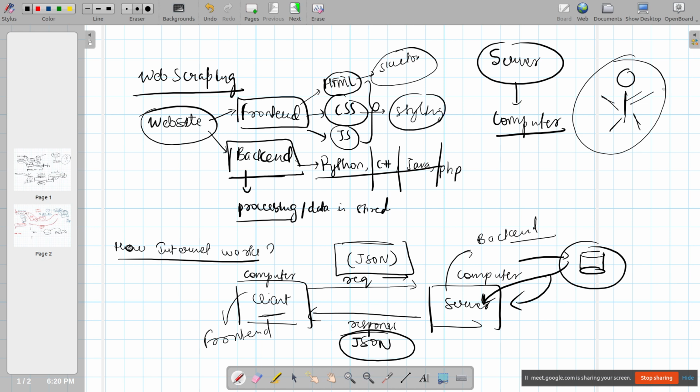Okay, so this normal guy who is there, who is only a skeleton, will now be converted into a nice guy who will have skin, beautiful hair, colorful hair, colorful skin, and who will be made to wear proper clothes, all those kinds of things. Styling work is actually done using this language, and JavaScript is basically going to give life to the website. That means this guy has a skeleton, is wearing good clothes, and is doing everything. No issues with that.